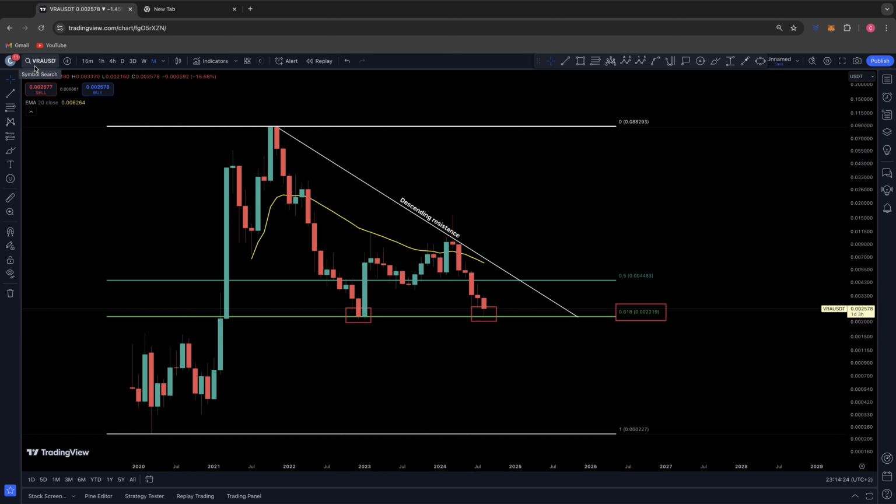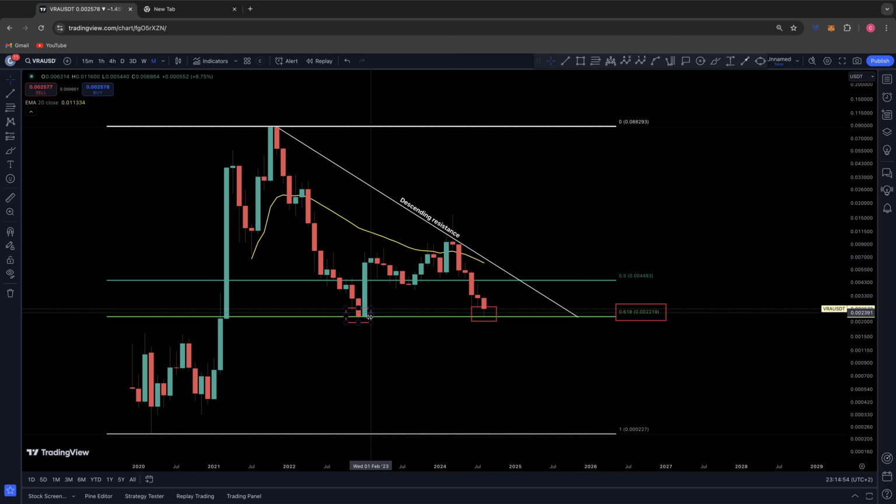Today we will be discussing Verasity. The ticker is VRA against USDT on the monthly time frame. So I've got a fib on from VRA's current all-time high retracing back down to its all-time low in March 2020. And what you'll notice is we came back for this key level of support on the 0.618 in December of 2022 at